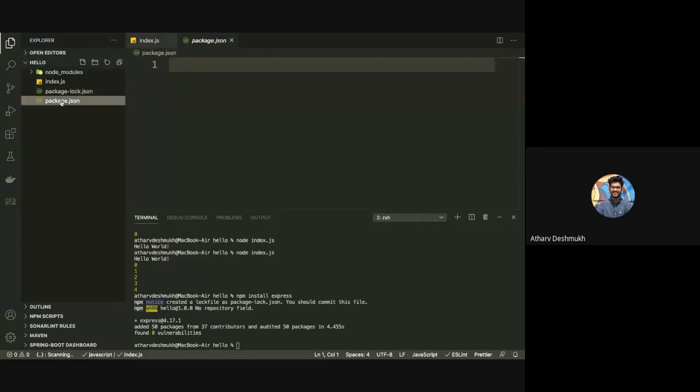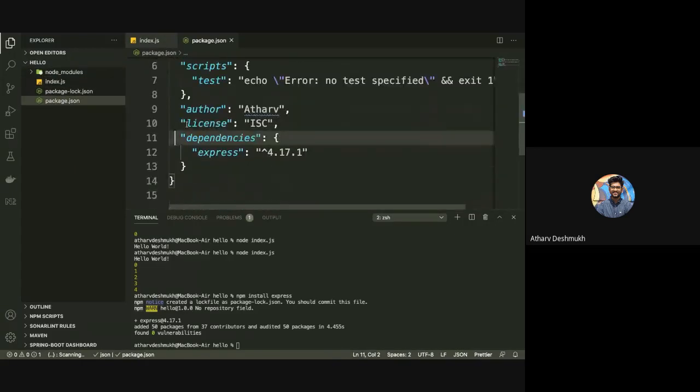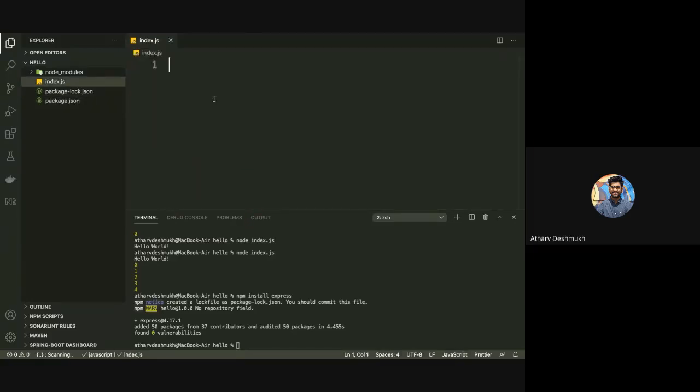And if you see package.json, there will be one field, dependencies, created, and in that dependencies it is showing Express. So you can see that Express is installed on this project. Right now I will show you how to go with Express.